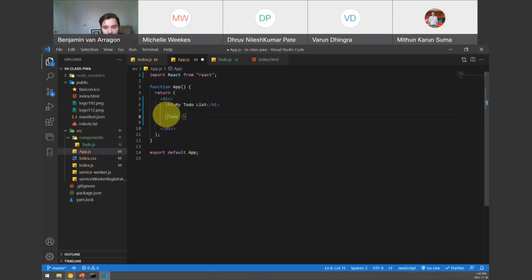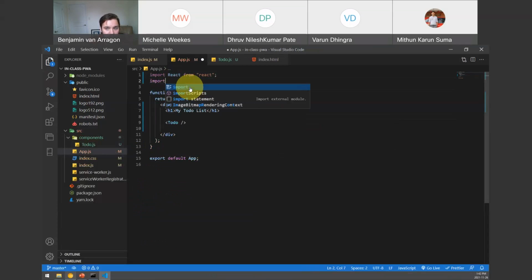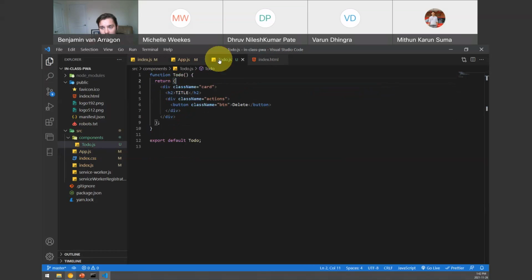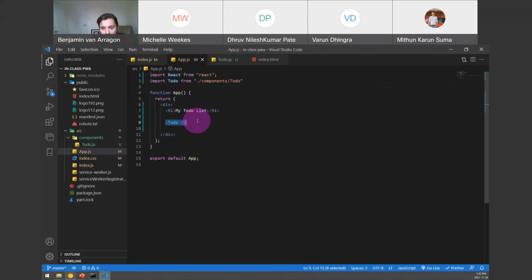Now, we can't call it because we haven't imported it. So we have to import it into our file. So import to do from /components/to do. Now you can type to-do.js, but because it's a JS file, we can also omit that. Now this to do is referencing the to do from our to-do.js, and it will return this code in this block. So if we go to our browser,